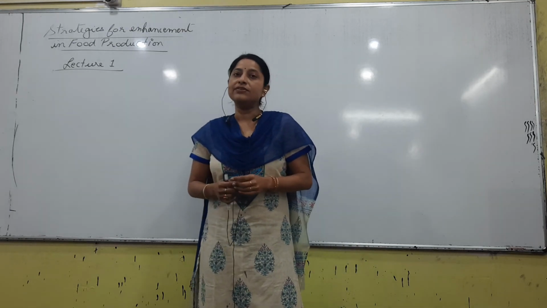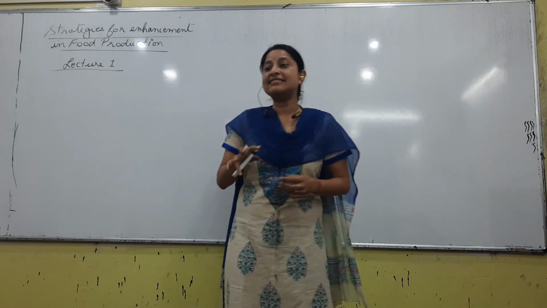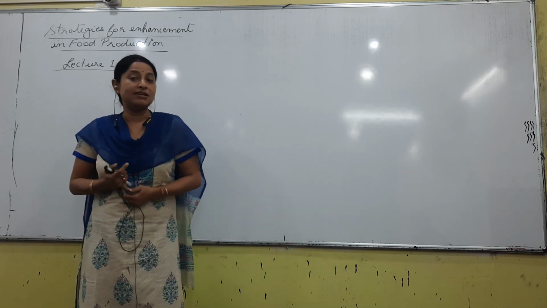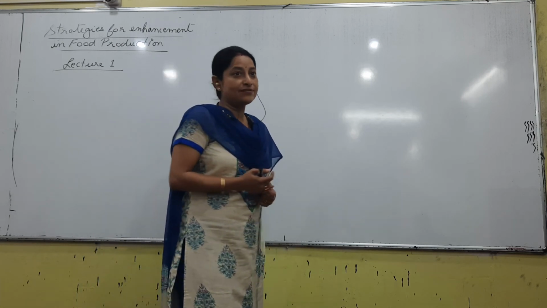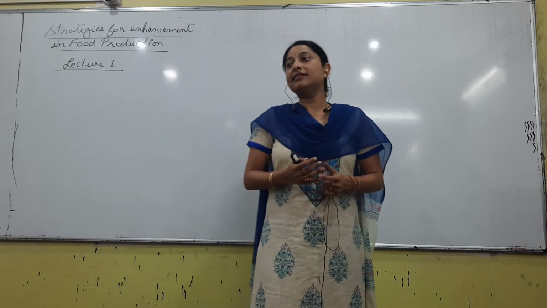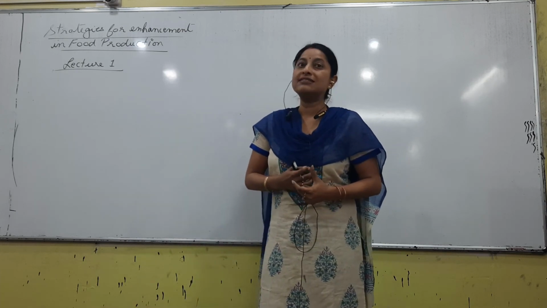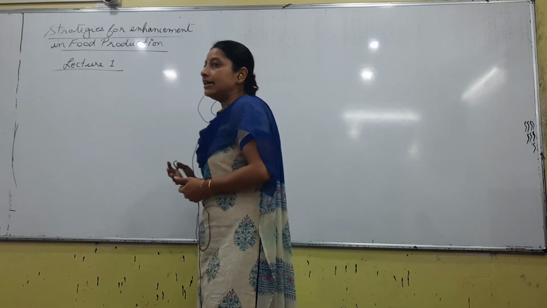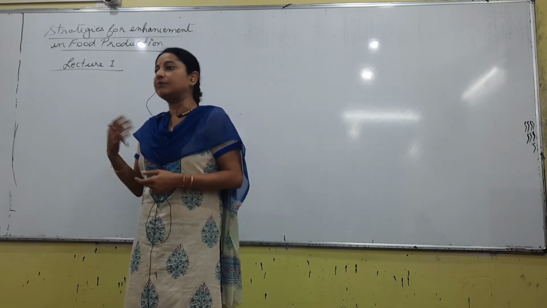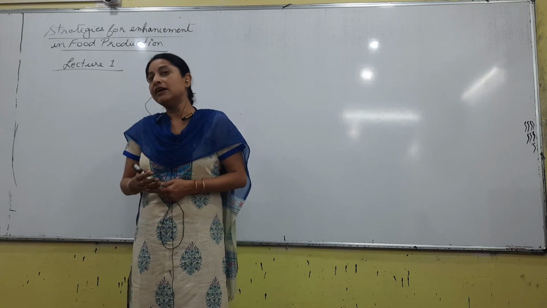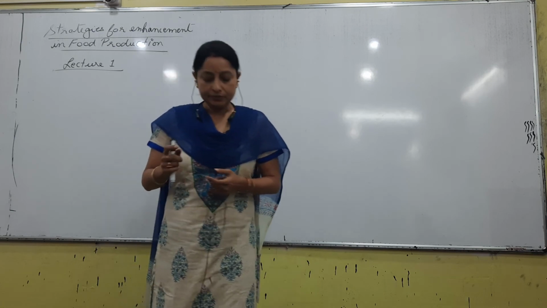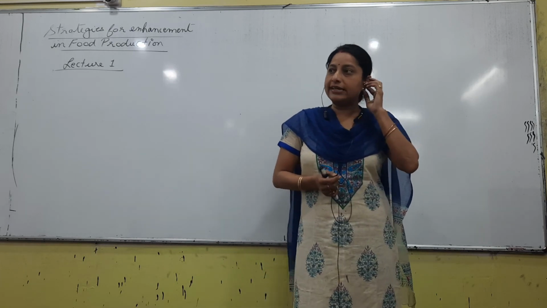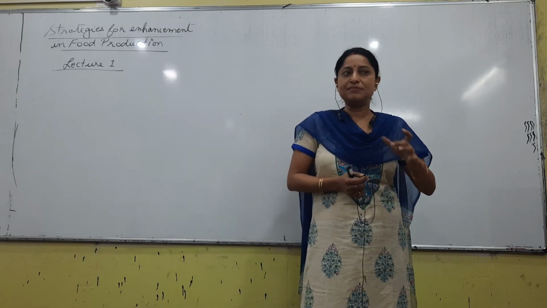What exactly we are going to study over here is the contents: what kind of strategies, namely animal husbandry, right? Next we have something called plant breeding. The third would be tissue culture and the fourth is single cell protein. These four are the contents of this chapter. As far as animal husbandry is concerned, this is something that would be dealt with in your zoology class. So we'll be starting our class with plant breeding, okay. So plant breeding, tissue culture, single cell protein, these are the basic contents.